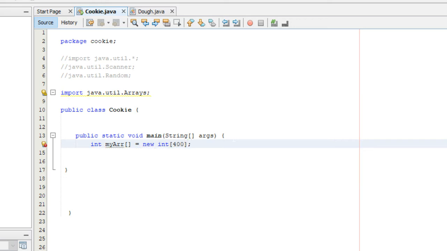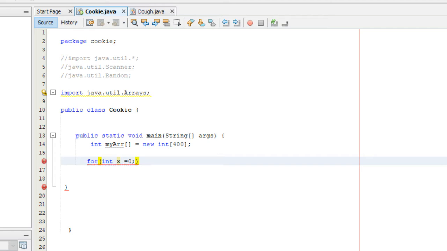As you can see, this would be very monotonous and it would take forever if we had to do int myArray[0] equals 1, int myArray[1] equals 2, and that would just take forever. But thank God for for loops, because we can do that very quickly. Instead of using the counter variable, we're just going to use x this time to make it easier. We're going to do x is less than